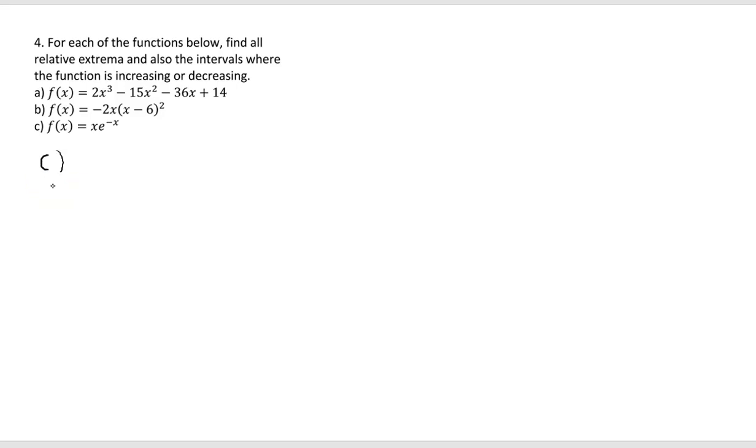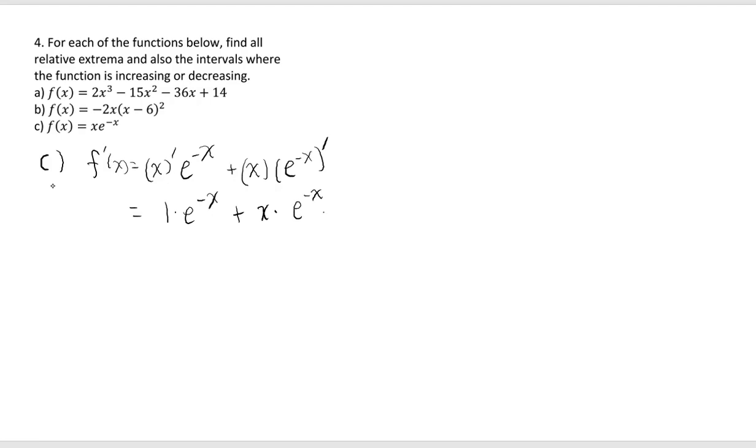Now let's go for question C. The derivative, you have to use the product rule. When you differentiate the second one, you have to use the chain rule. So after differentiating this, you have to pull the inside function out and you differentiate, which gives you negative. So you end up with e to the negative x minus x times e to the negative x, which has